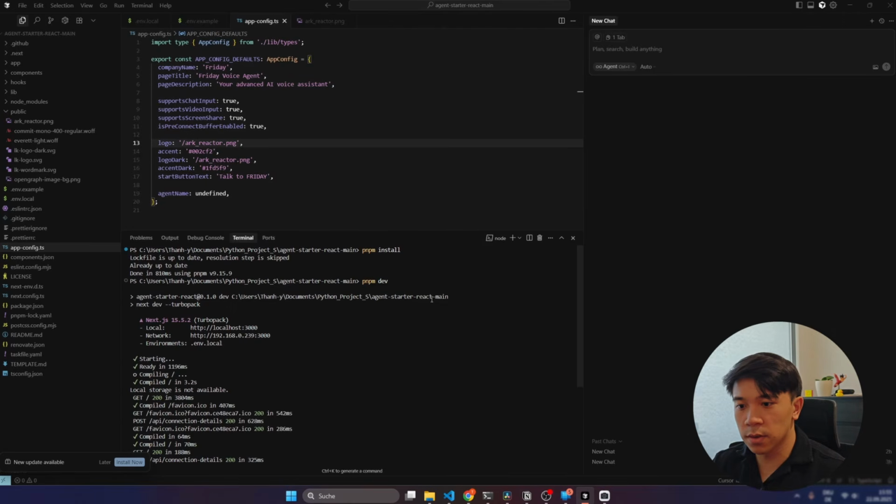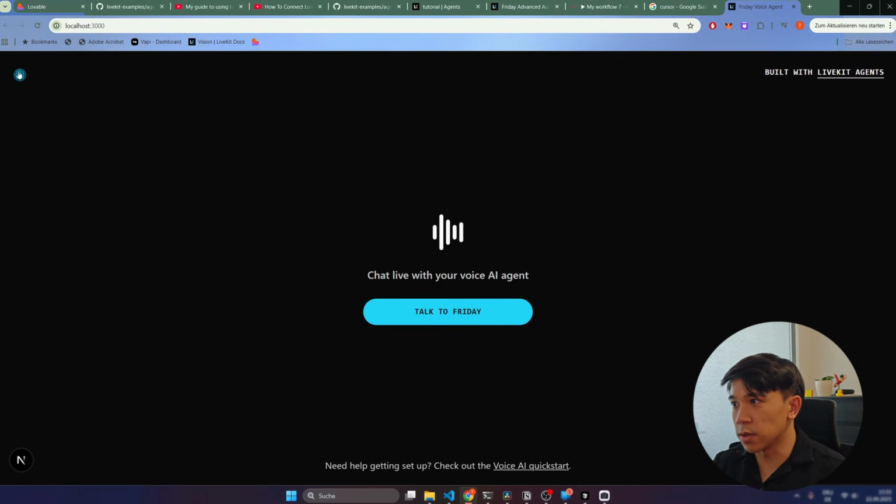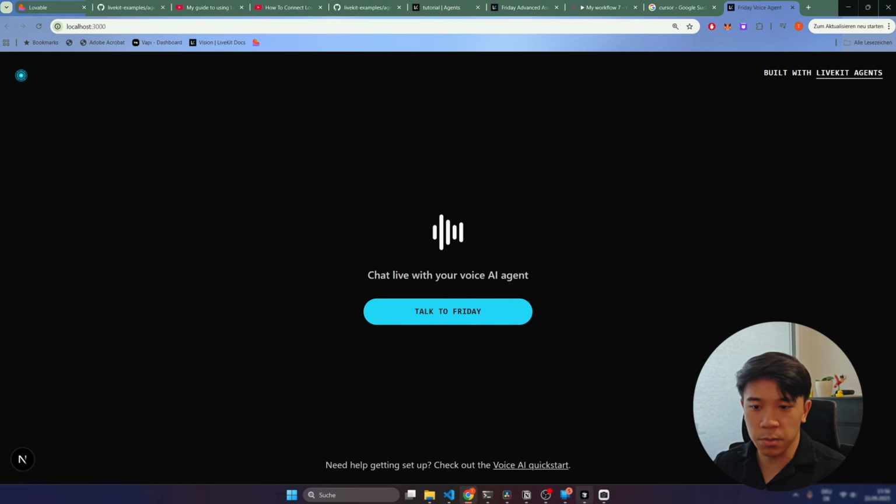I can save this, and then I can go back, and you can see here is now the arc reactor displayed. I also want to change this, and I also want to remove these texts here because I don't want to have these. And this is where Cursor actually comes into play, because